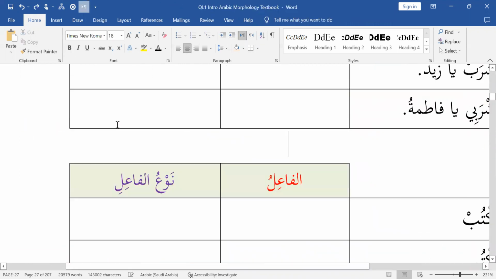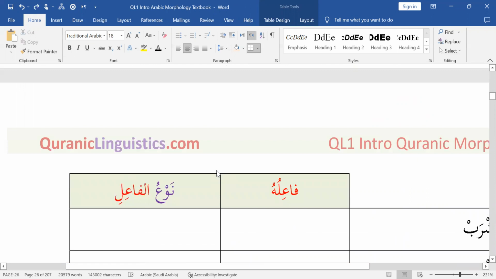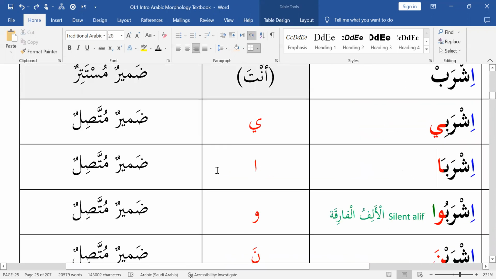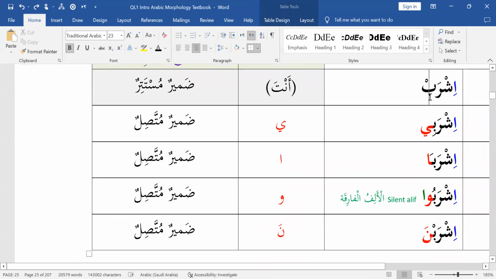Now, if you look at some of the other examples we've looked at, let's go back here. Why does the word ishrab begin with kasra? Because the rule says that the fi'lul amr begins with a kasra. Just remember that as a norm, as a default: the fi'l al-amr begins with a kasra. Just remember that. For basic triliterals, we're talking about form 1, basic triliteral,